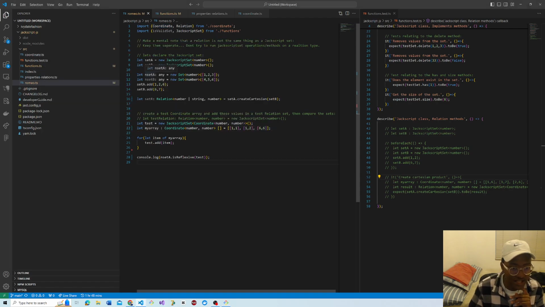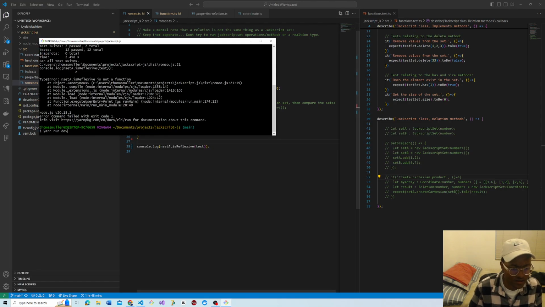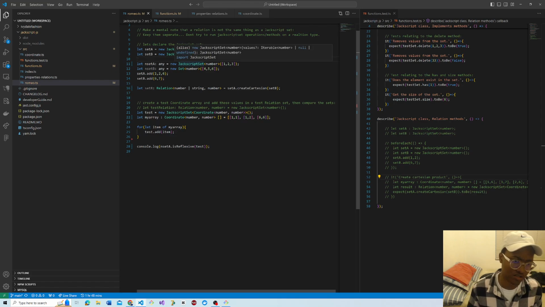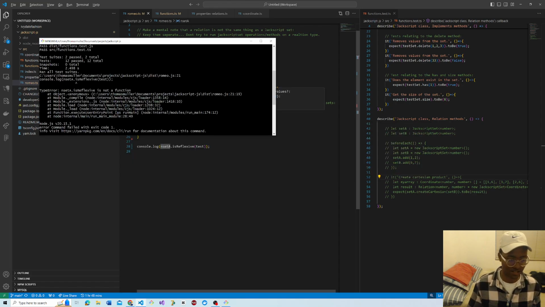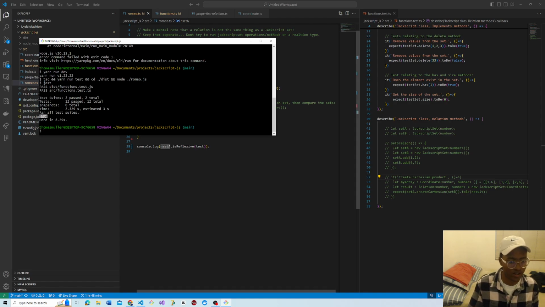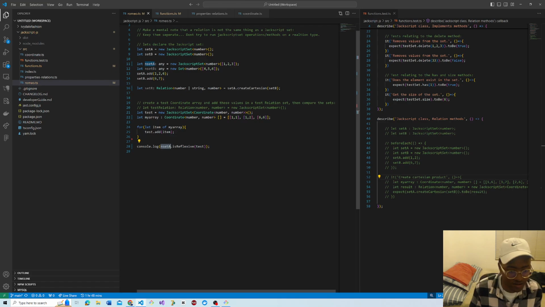So what is nset A? Is of the, oh, okay, it's not a check. Oh, okay, this is confusing. Let's do this. Of the type number, and nset A does not exist on nset A because that is not a Jackscript set. It was a set. True. There. Nset A is reflexive on test, and